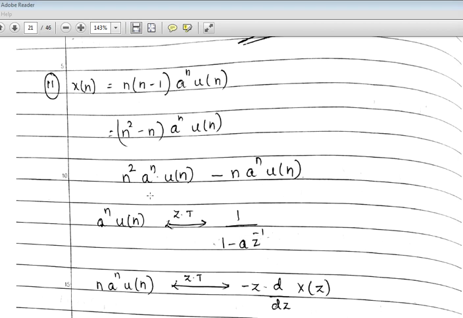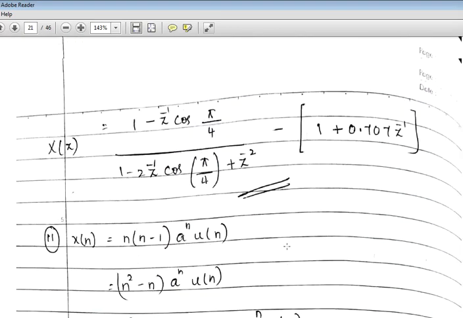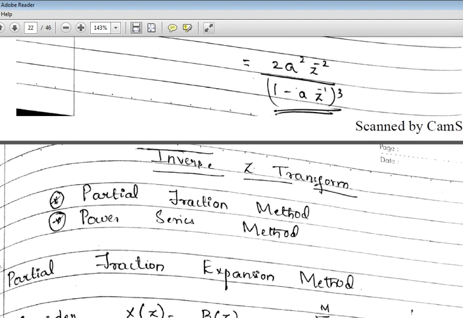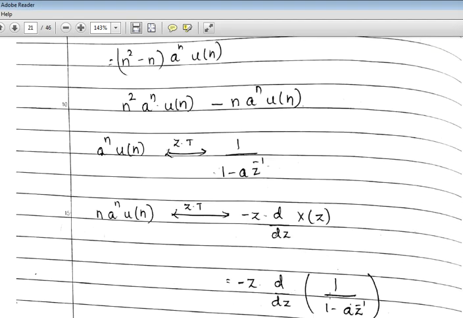Then for n into a raised to n u of n, the time domain differentiation property says that n into x of n is minus z d by dz of x of z. Now our x of n is a raised to n u of n, and n into x of n becomes minus z d by dz of this x of z, which is given by minus z